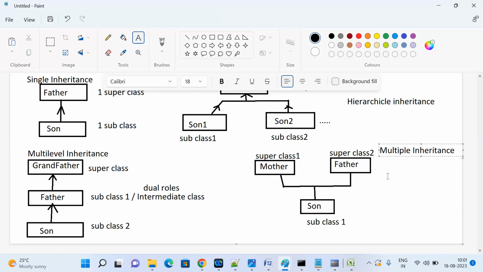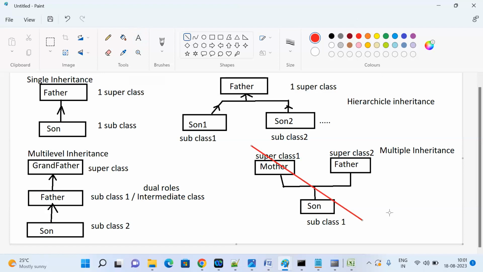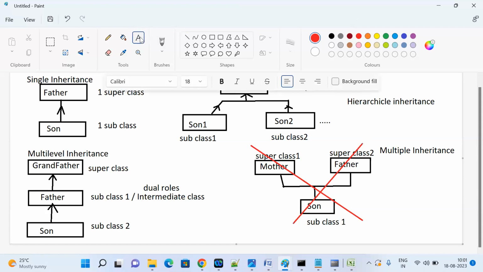But sir, Java doesn't support multiple inheritance. Then why are we learning it? This is not possible in Java. Just for the knowledge, you should know what multiple inheritance is, and that Java does not support this. There's also a catch over here, that also has an asterisk: conditions apply. When I say Java does not support